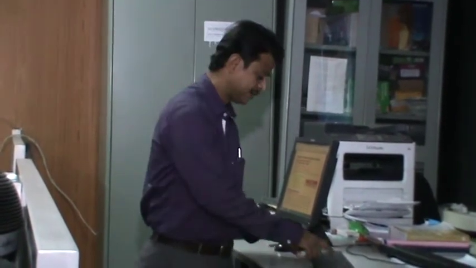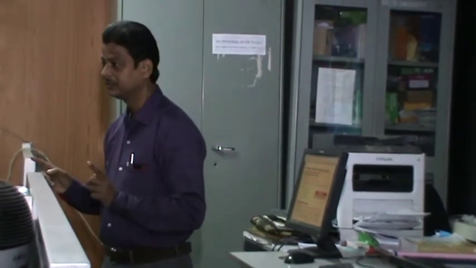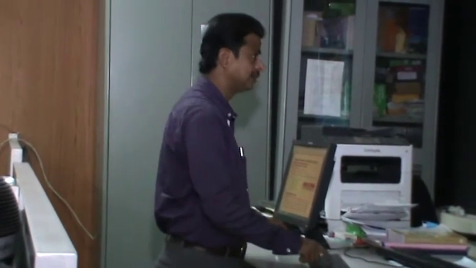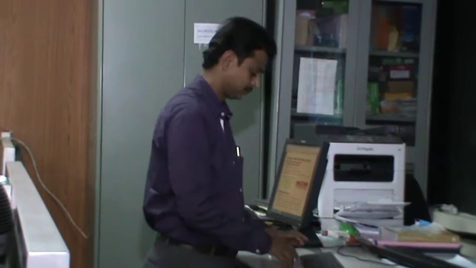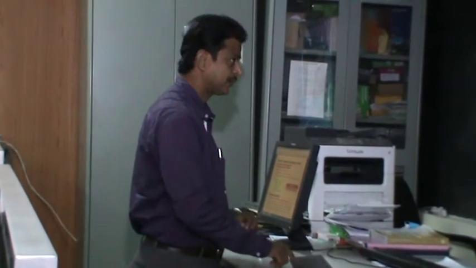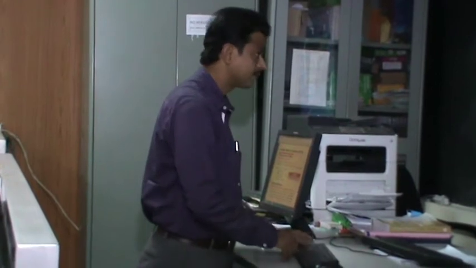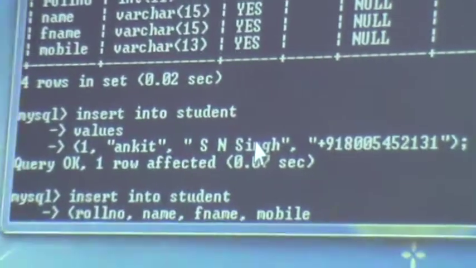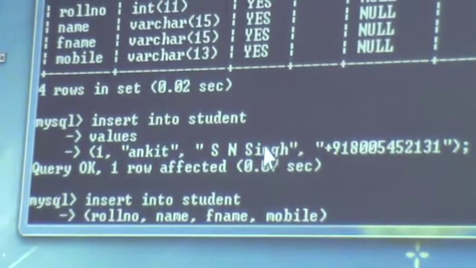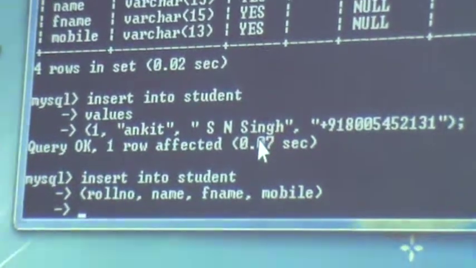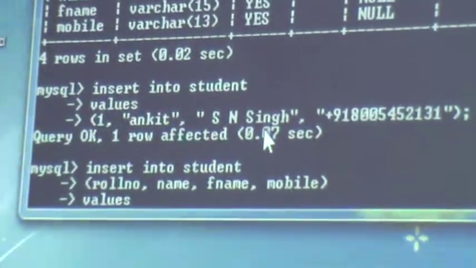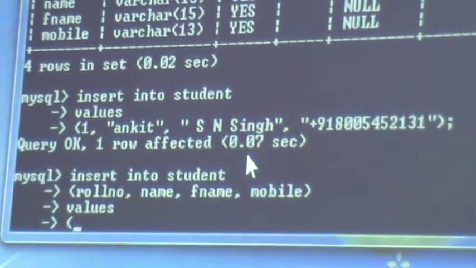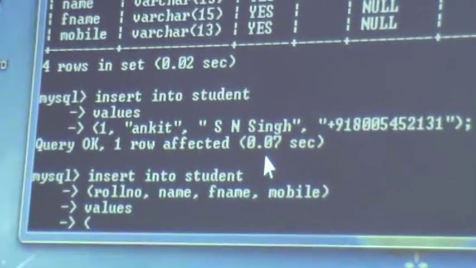Here we will write the name of columns, like roll number, exact name of the column, roll number, comma, name, comma, F name, comma. The bracket will be closed here, press enter, write VALUES, and then in the bracket supply the values of each column.